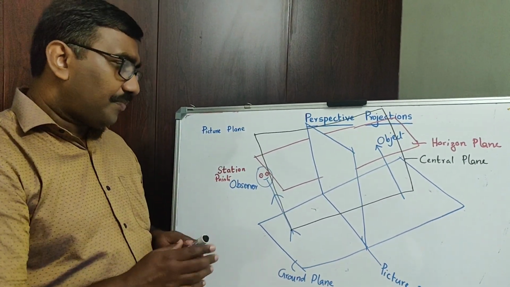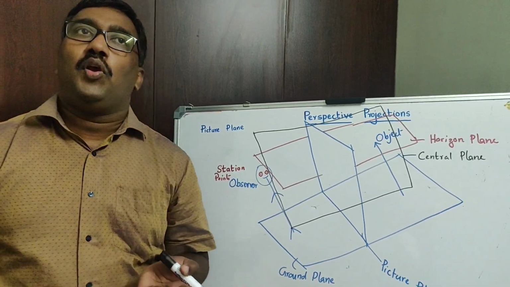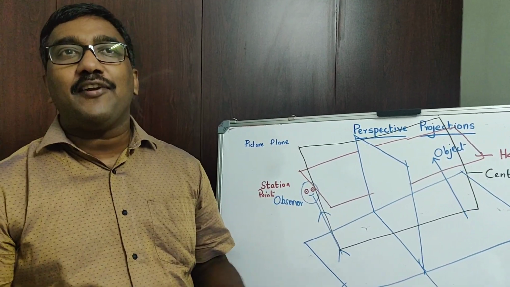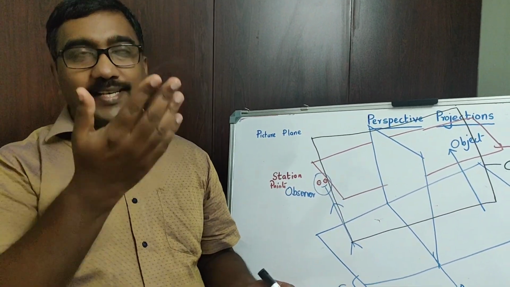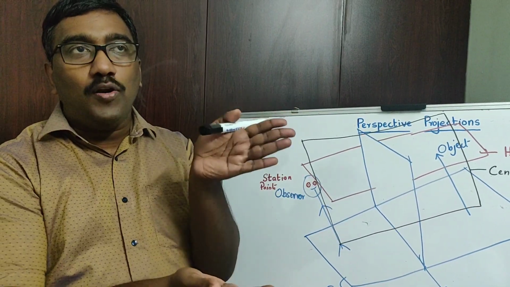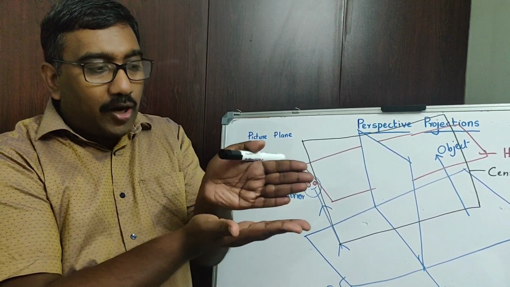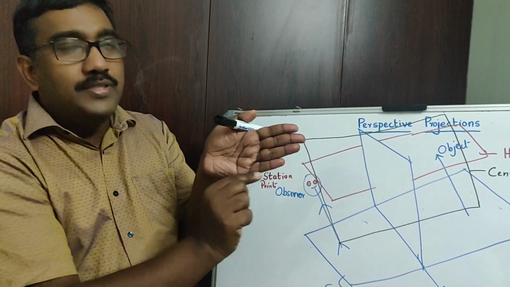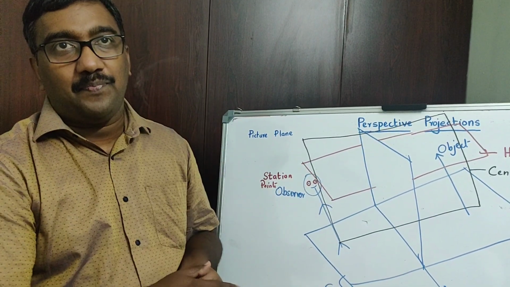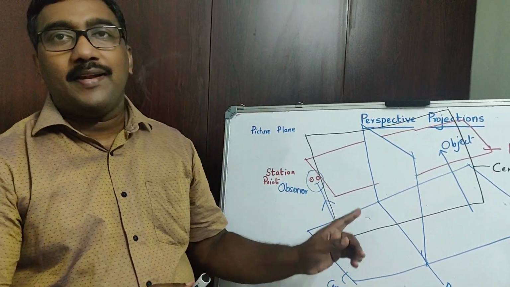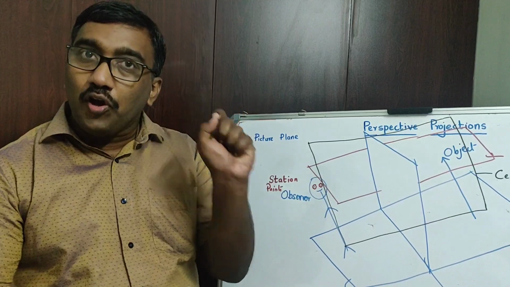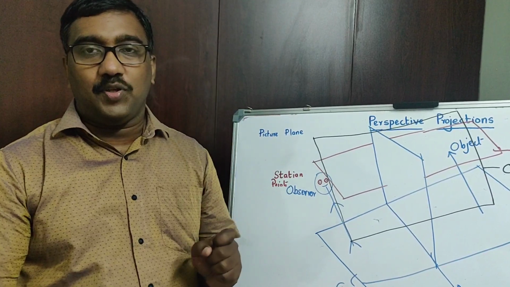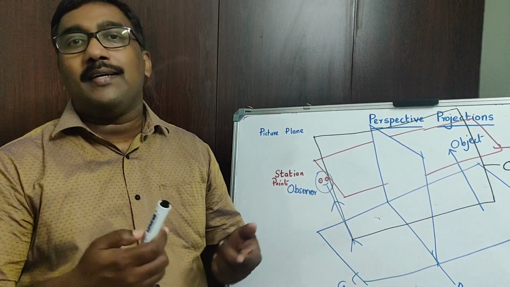Next thing, as I mentioned earlier, if you have a number of planes, it is very difficult to hold it. Okay, when we discussed the projections, you were having one horizontal plane and one vertical plane. You cannot keep it like this. So you made it as a single plane using XY line as a separation. In order to separate the different positions, or in order to locate the station point, you can have different lines. Okay, how can you name the lines?